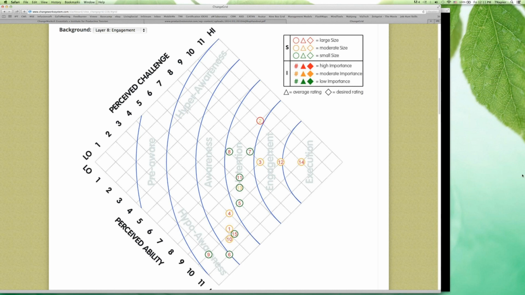Let's see. What about mindfulness? Well, if we're talking about mindfulness as an adjective, it does not live downgrid. Mindfulness requires a bit of conscious involvement. In fact, I'd probably put mindful closer to the center of the change grid, slightly out grid, because there's an element of responsibility with mindfulness. So that's where we would put it based on the definition I've just provided. So there's no mindfulness down here. If he was truly mindful, we'd be up here with more intention and engagement.